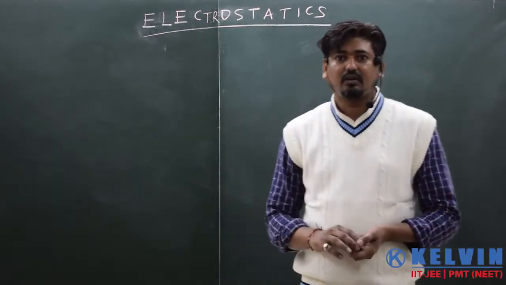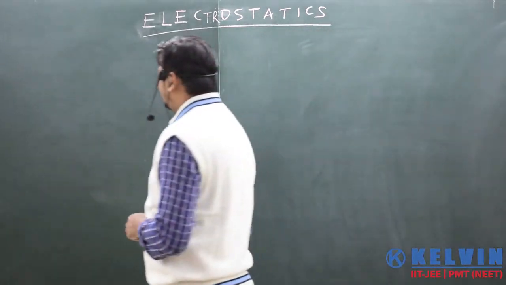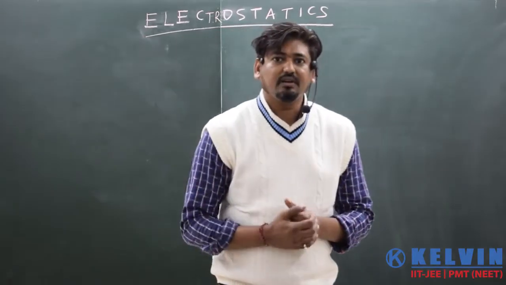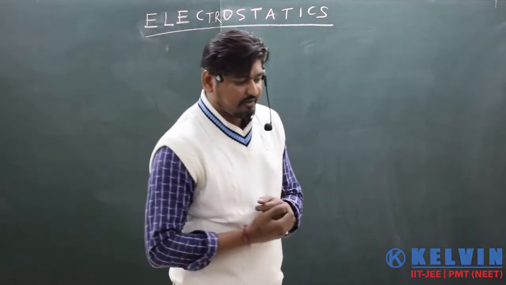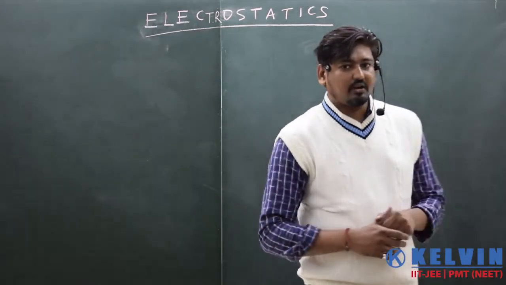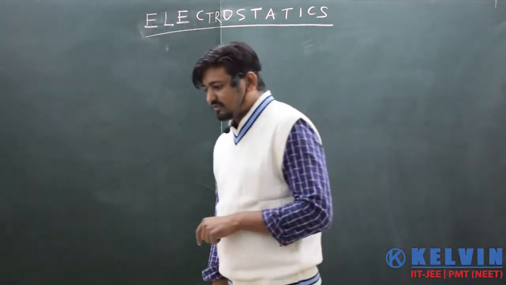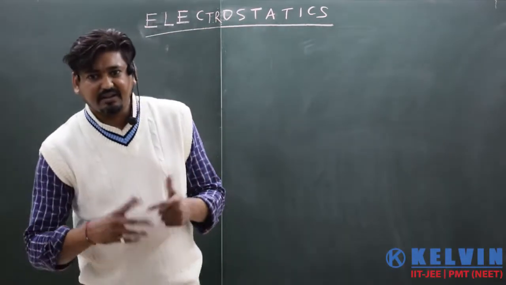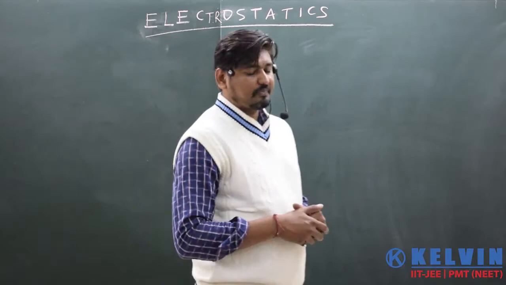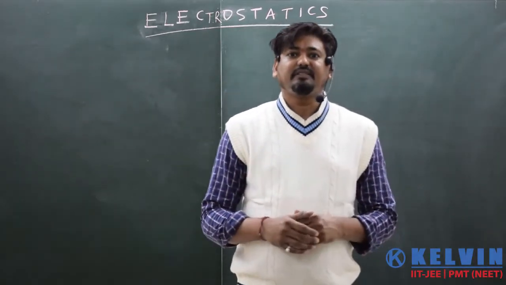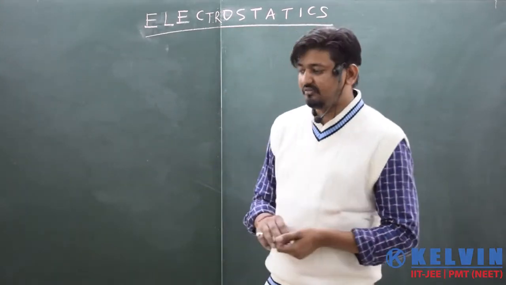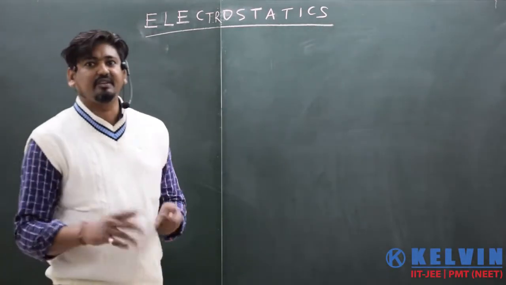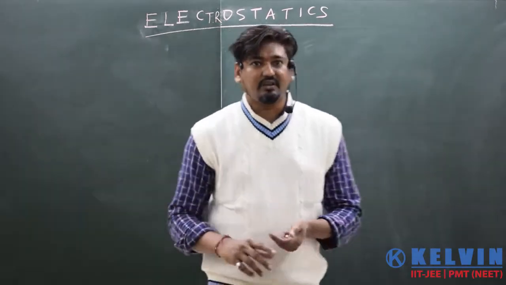Before going onwards in the discussion, let us first understand the nature of the surfaces which are very much required to understand in the context of Gaussian theorem. Particularly there are two types of surface. One is called the open surface and the other is called the closed surface. Now how will you recognize which surface is the open surface and which surface is the closed surface?